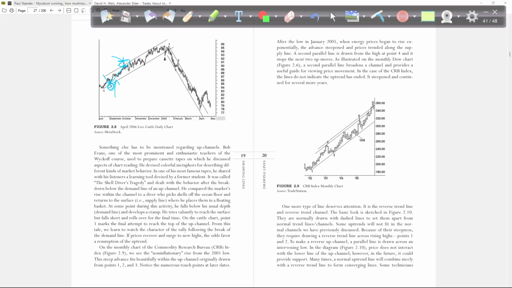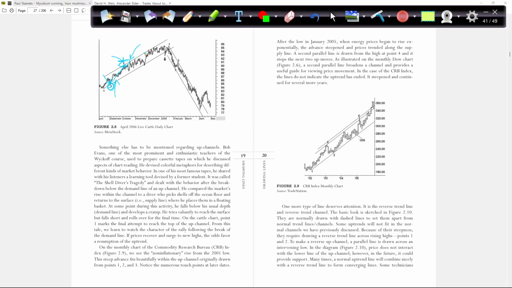Which is our supply line. So this is our supply line, and this is our demand line. Okay, now